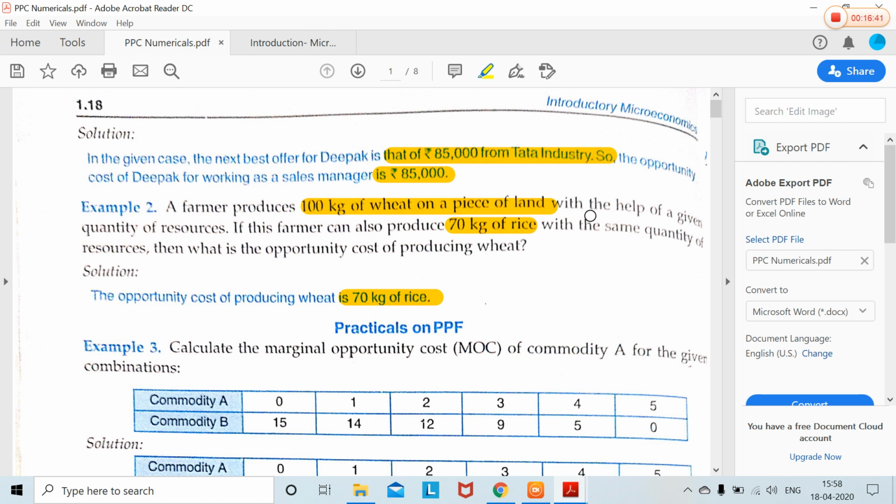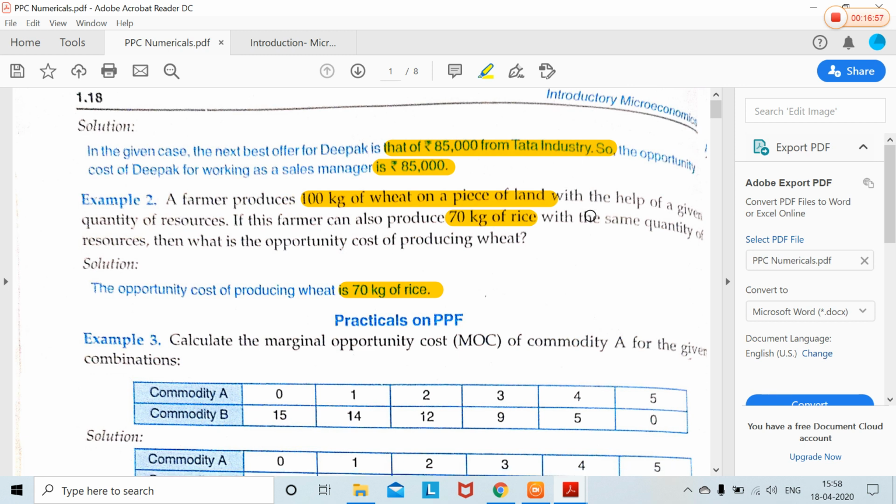All our resources have alternate uses. This time when you're taking the lecture, you must have some alternative also, you could do something else. So the opportunity cost of taking the lecture is losing that satisfaction from doing something else which you could do. Okay, so that was one of the examples.